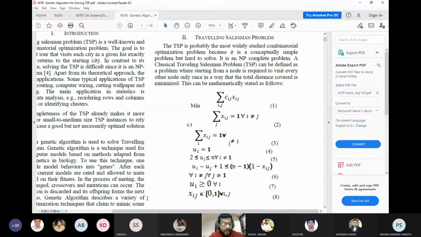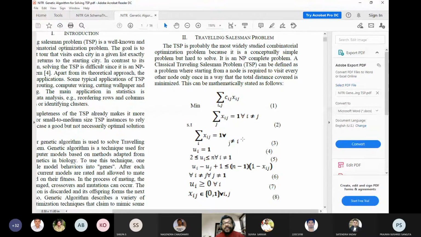Just now I have uploaded, I have merged actually three papers. In particular, these are the three articles on how to find the solution of a traveling salesperson problem using genetic algorithm. As I told you a number of times, there is an objective function. Both the papers, I think it's visible. I have shared the merged paper. It's a merging of three papers.